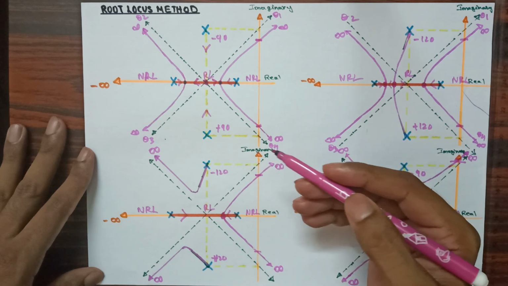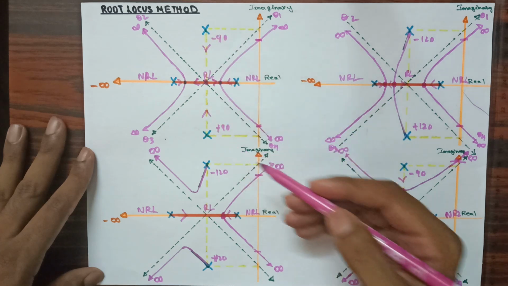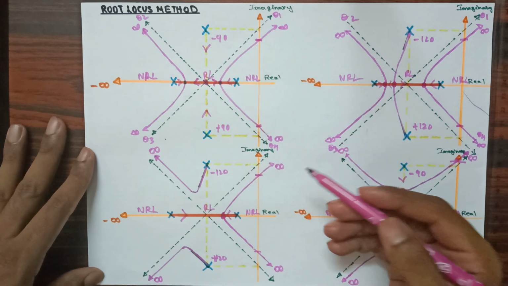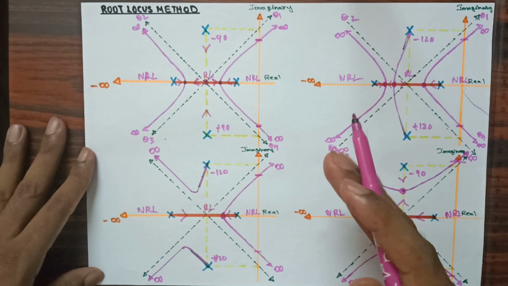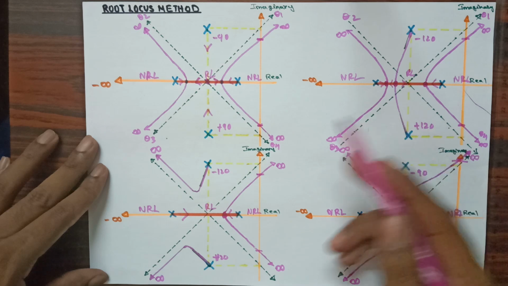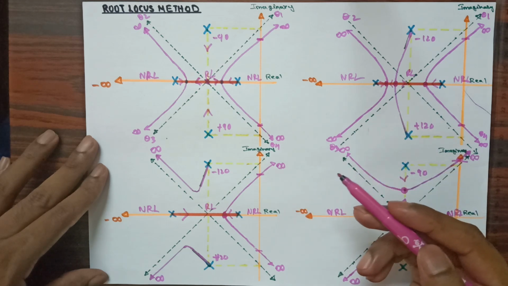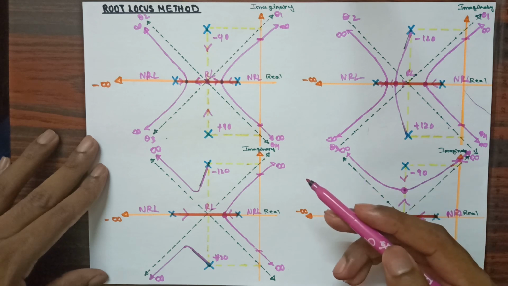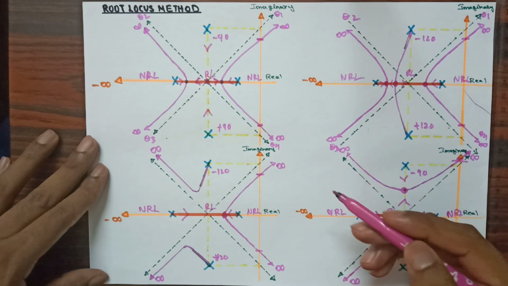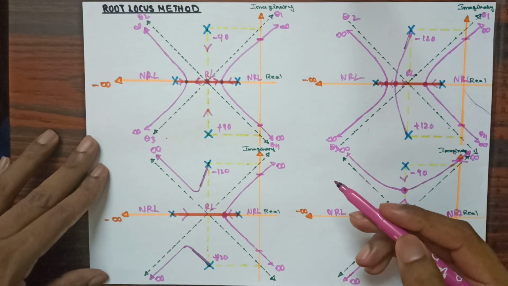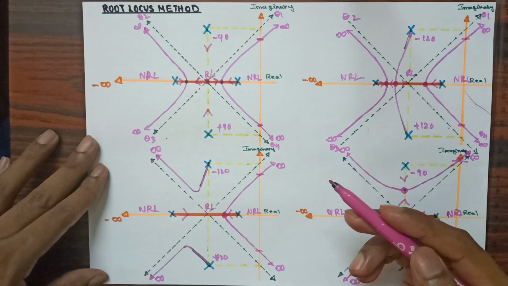And in this way one more example I am going to discuss. If you have complex zeros, then we need to find angle of arrival. In root locus method we need to find this many steps. So these are some examples I have considered to draw a root locus plot. Based upon the problem, the root locus plot changes. So in the next example we'll see one more example by considering complex poles and complex zeros.